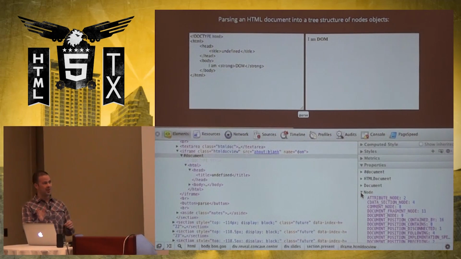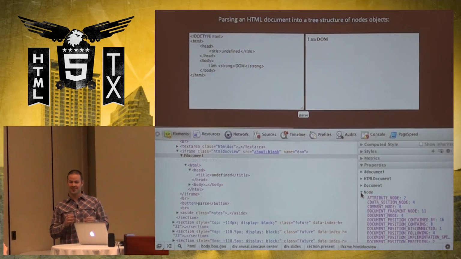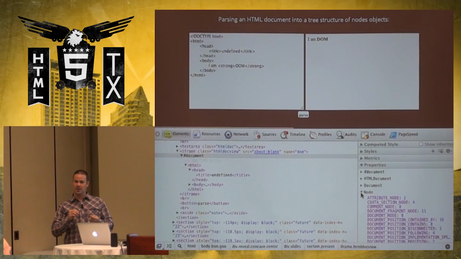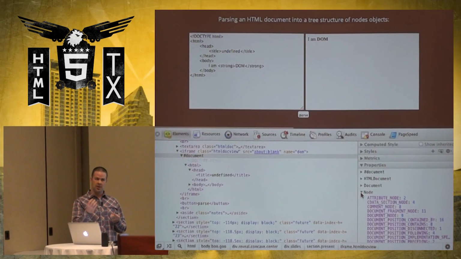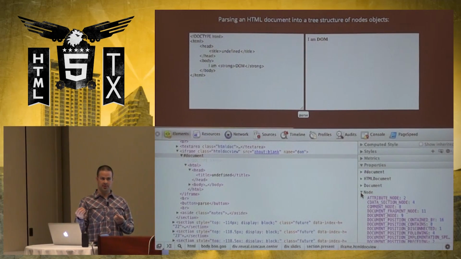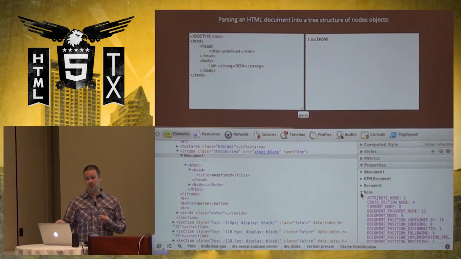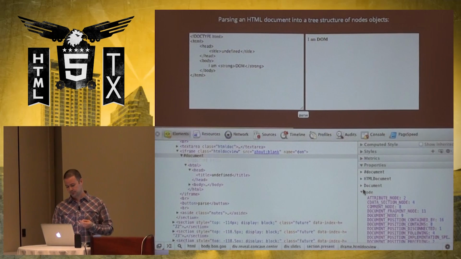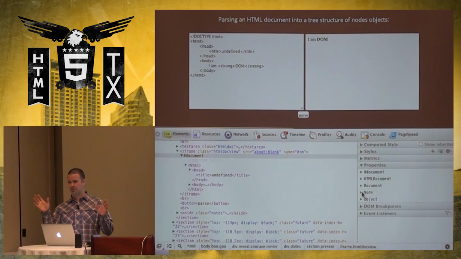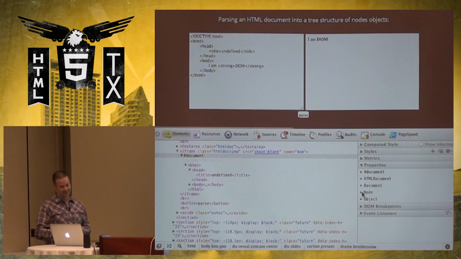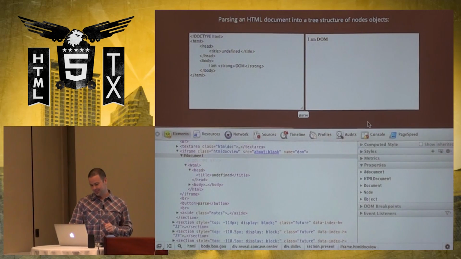If there's one thing you get out of this talk, it's this, that the DOM tree is made up of node objects, and those objects have methods and properties. And you can find out those methods and properties very easily inside the inspector. How many people knew that? Okay, so